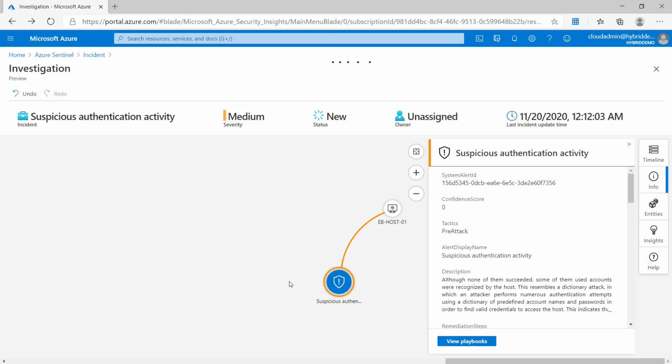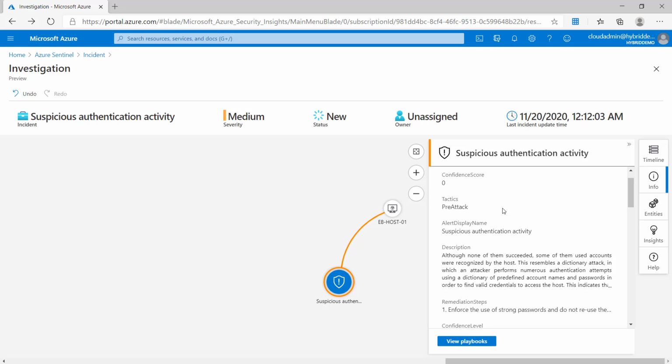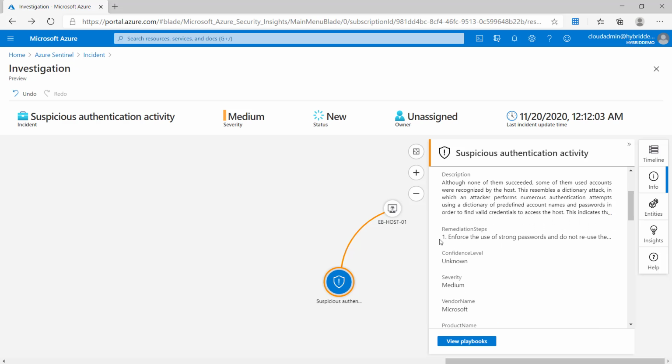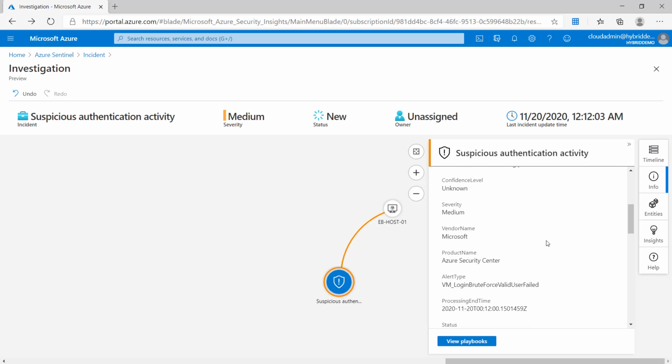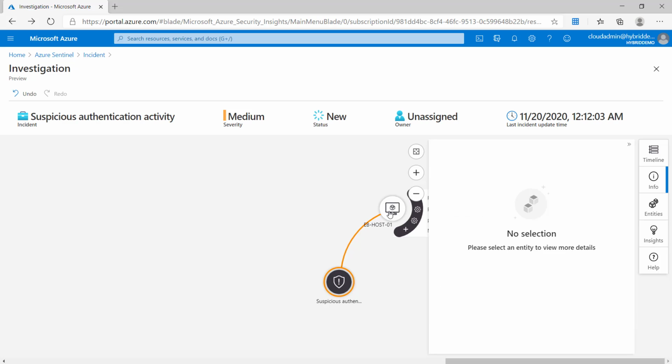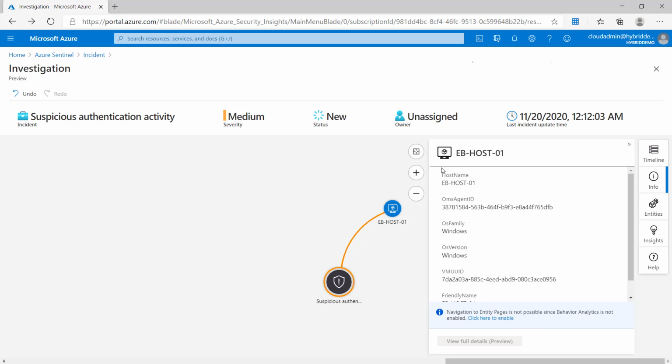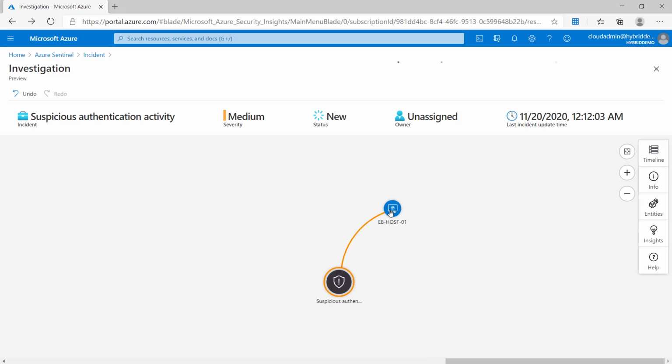If I click on the suspicious authentication activity, it gives me all of the information, tells me the system alert, allows me to choose what to do and tells me what to do to remediate this attack, where it came from. So this actually came from the Azure Security Center. I've connected this workspace and this Azure Sentinel instance to the Azure Security Center, and that is checking for security on all of the hosts on which I have the agent installed. But if I go to the host itself, we get a bit more information here. If I click on the host,